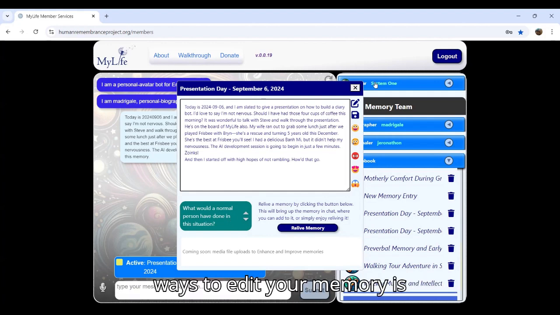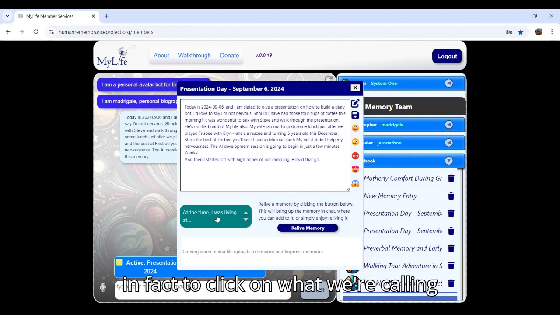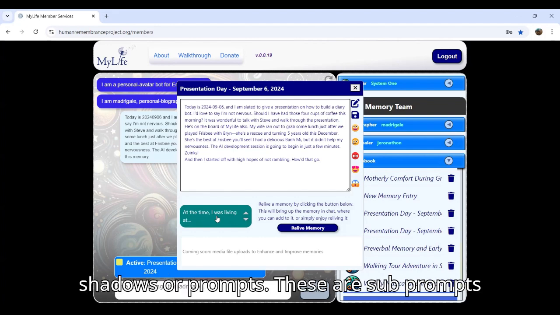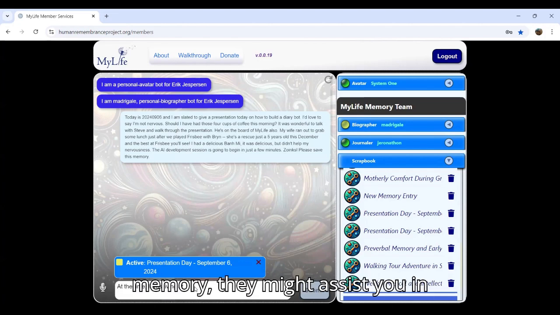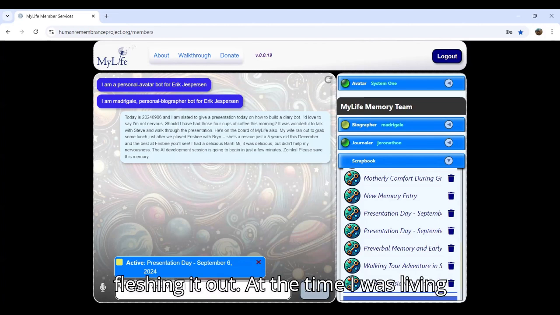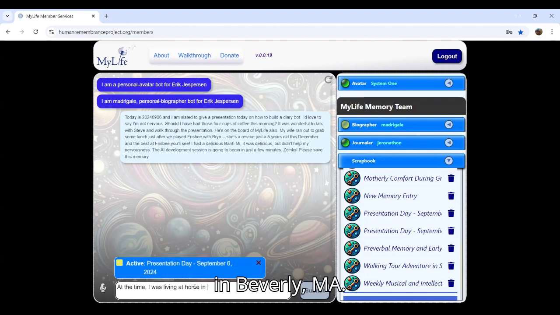But some more interesting ways to edit your memory is, in fact, to click on what we're calling shadows or prompts. These are sub prompts that, as you're looking or reviewing your memory, might assist you in fleshing it out. At the time, I was living at home in Beverly, MA.